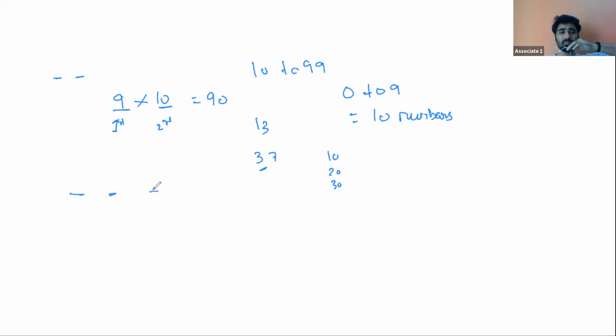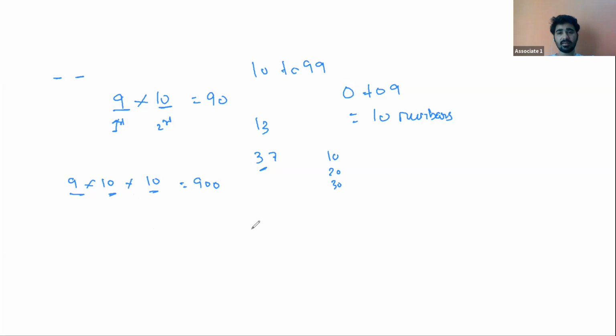Suppose for 3-digit numbers, can you tell me the number of 3-digit numbers? In the first place, it will be 9 again because we will take 1 to 9 and we cannot have 0. Over here, you can have 0, so I have 10 different possibilities. Over here, I can also have 0, so I have 10 different possibilities. This way, we have 900. So the total number of 3-digit numbers is 900. Remember?